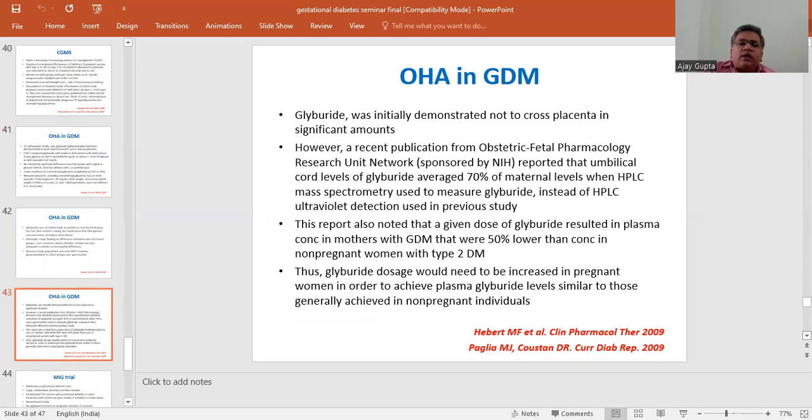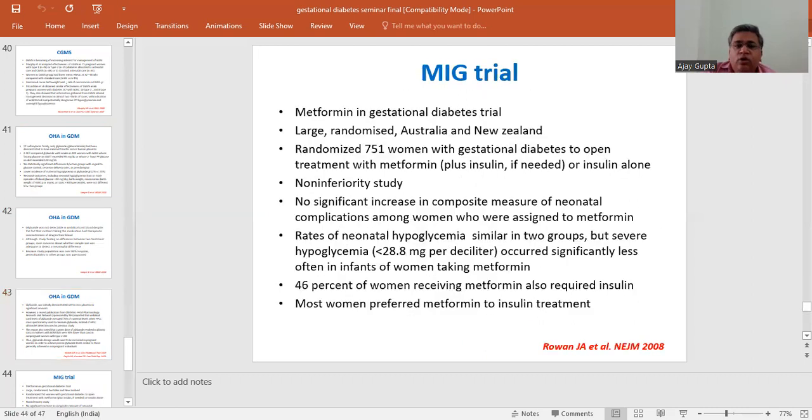So glyburide was initially demonstrated not to cross the placenta in a significant amount. This report has also noted that a given dose of glyburide resulted in a plasma concentration in mothers with GDM that was 50% lower than the concentration in non-pregnant women with type 2 diabetes mellitus. So the dose needed to be increased in pregnant women, although the Society does not recommend the use of OHA in